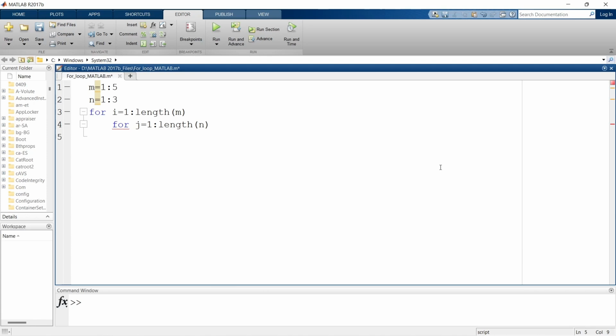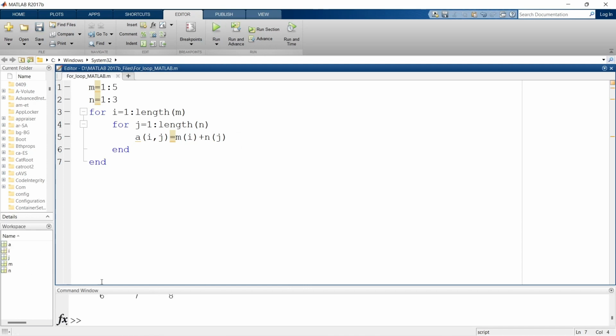For example, the matrix variable name, I want to name it as A, and then we'll write (i, j). Why (i, j)? I'll tell you when I explain this. And then my logic is m of i plus n of j. That's it, and I will end the first loop and the other loop. Now I'll simply run,